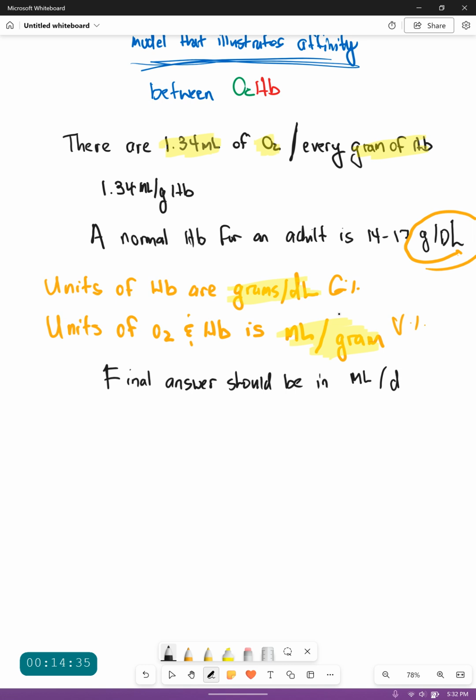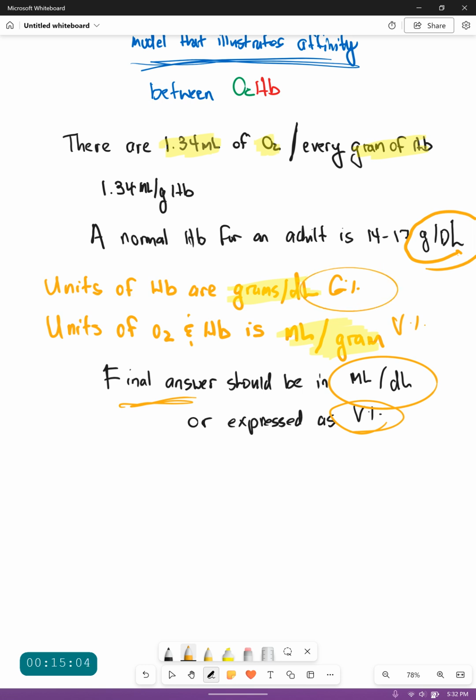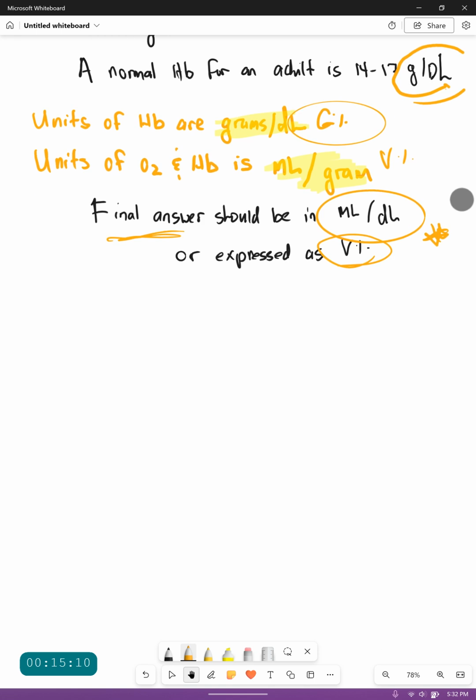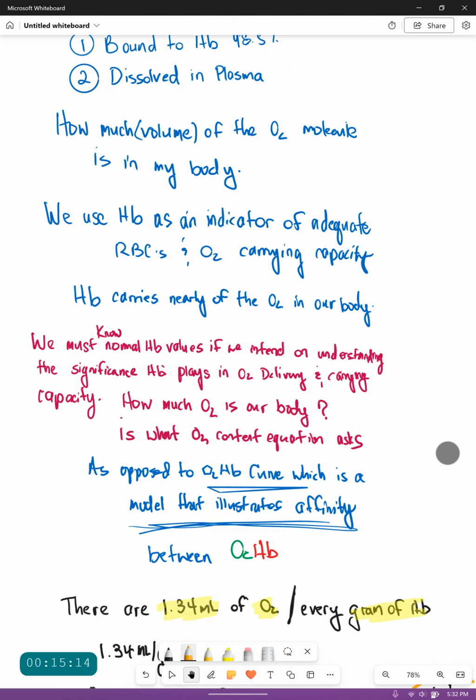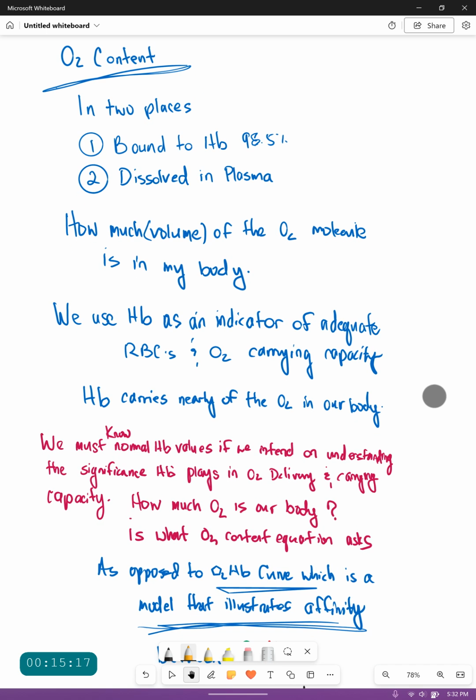It should be mLs per deciliter. Just to recap, to calculate the O2 content, be mindful that